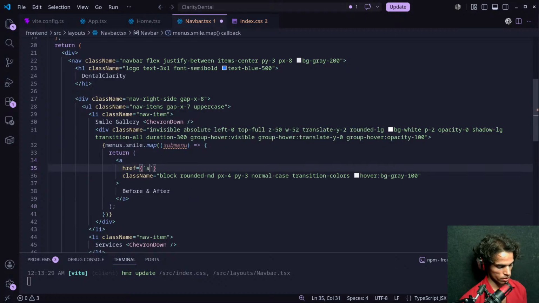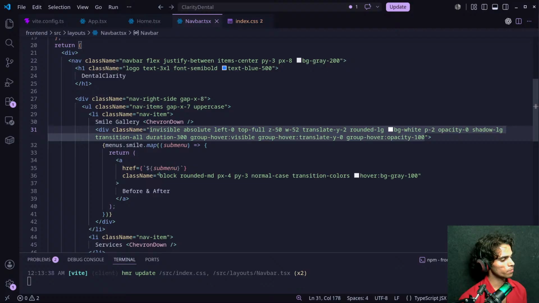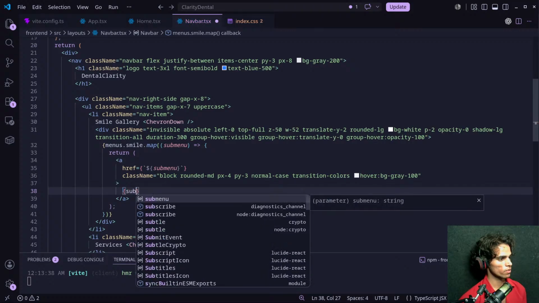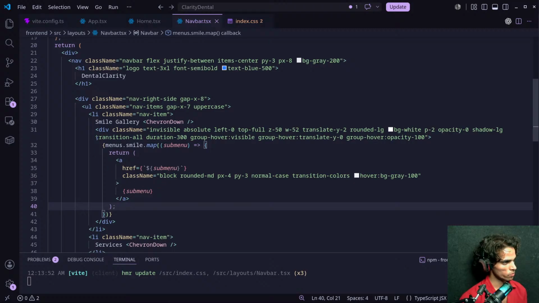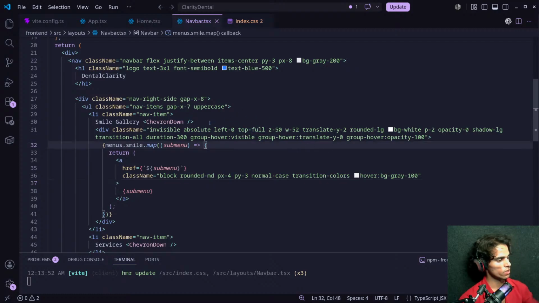Now href will be submenu, and this is what we want to return.